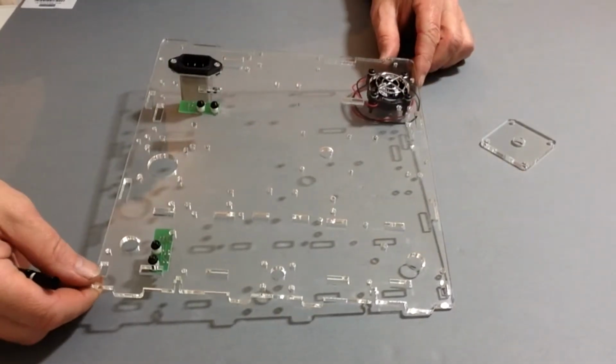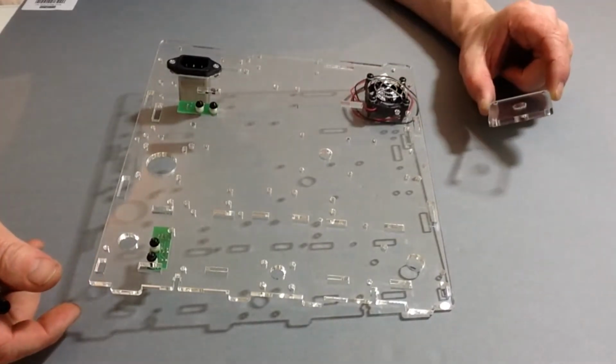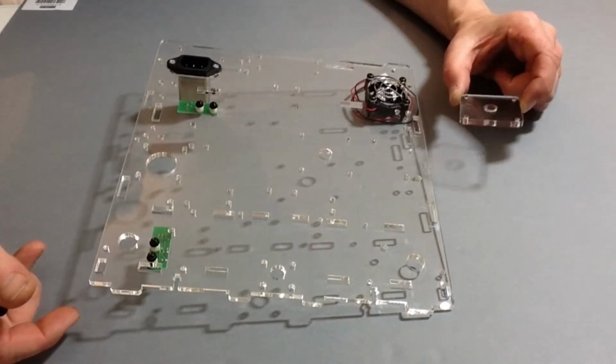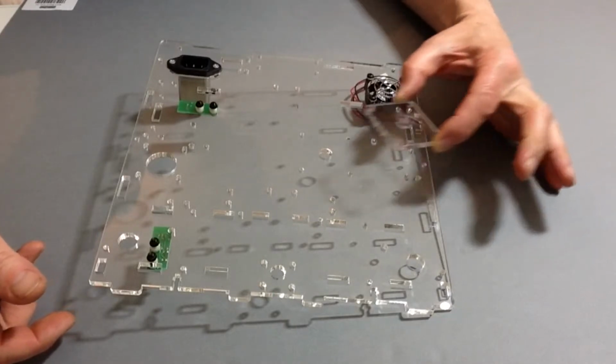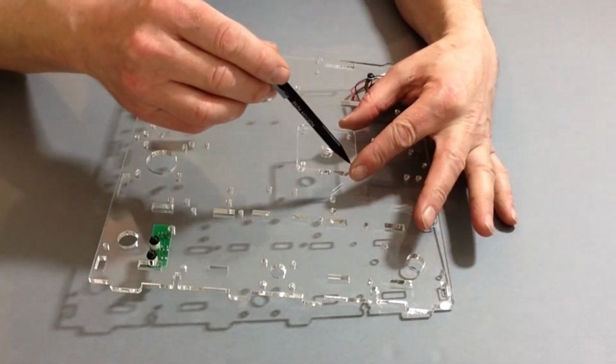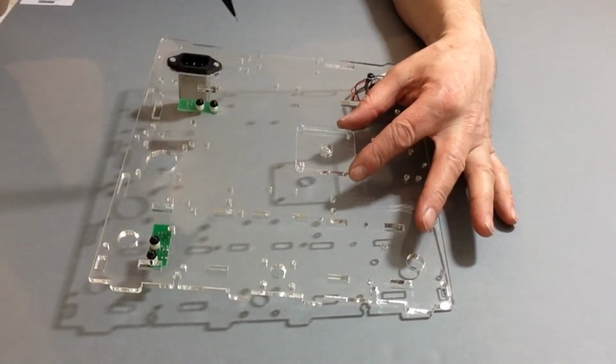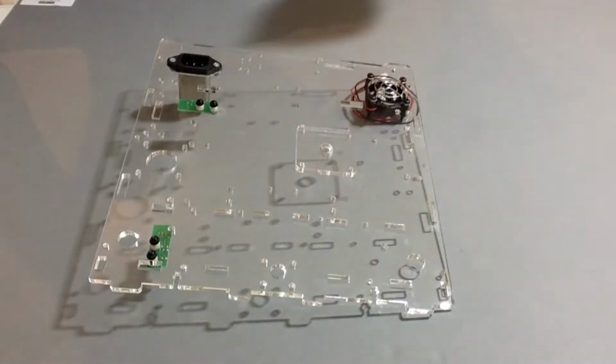Turn the back plate over, noticing the position, and take the reinforcement plate that we removed the backing paper from earlier and place it over this position here, so that the 4 holes line up and the centre hole here also lines up. Once you've done that, take 4